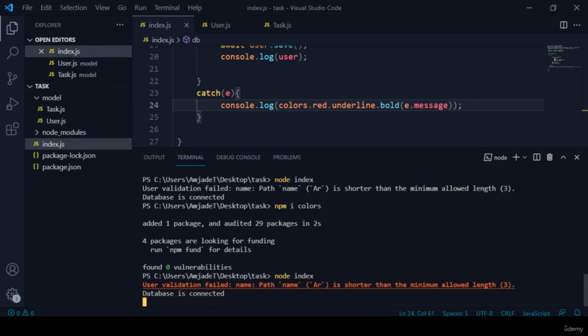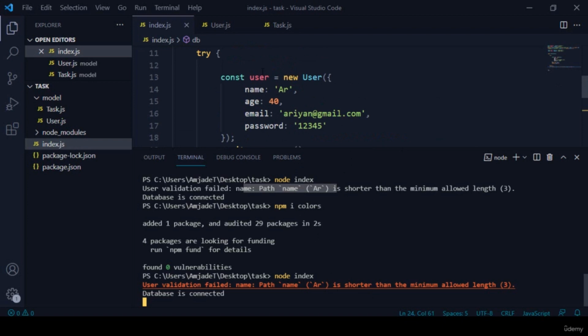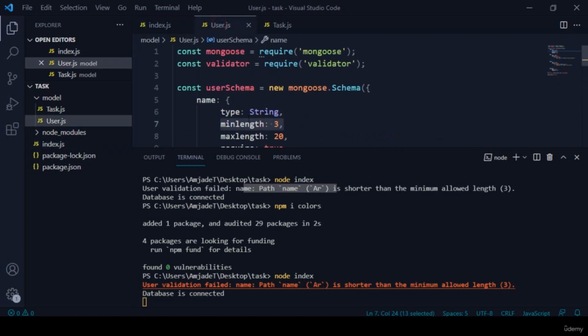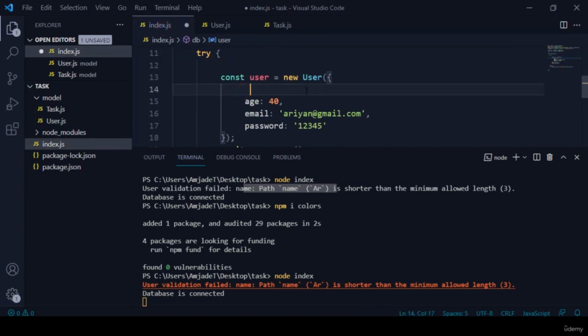Yes, you can see now that it is actually displayed that way, which is very lucrative, right? You can see there is the same message, but right now it is formatted with the color red, underline, and also bold. Okay. So here we checked our name field, our first validation. That means our maximum length and minimum length now perfectly get this error, and I also made required true. So if I remove this name,